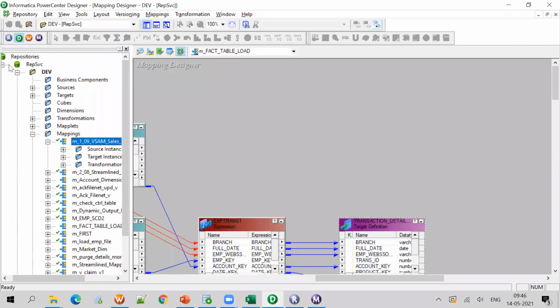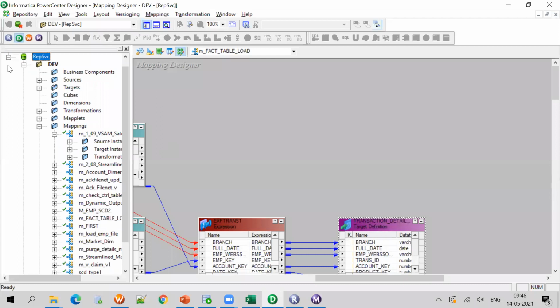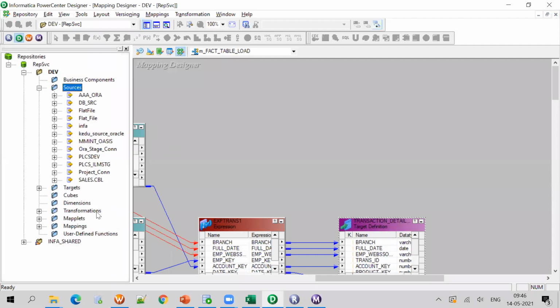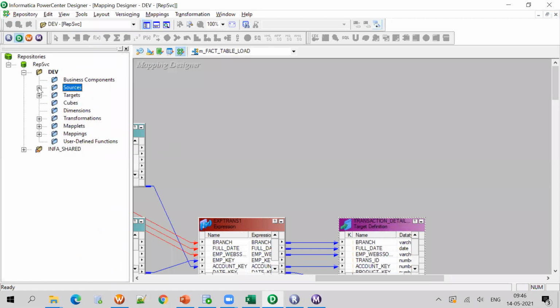Under that, you need to create a folder. If you create a folder, then these will be visible, that means sources and the rest. But inside, until you create something, it will not show. I will create the repository in this session. Wait for that, after finishing this.